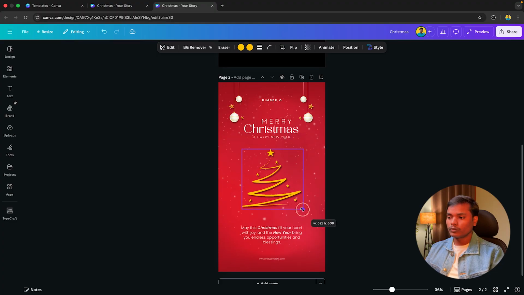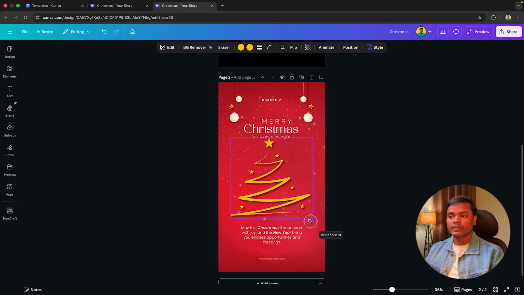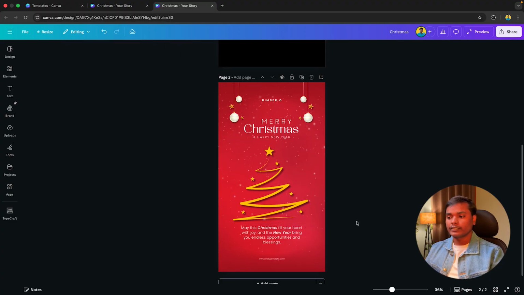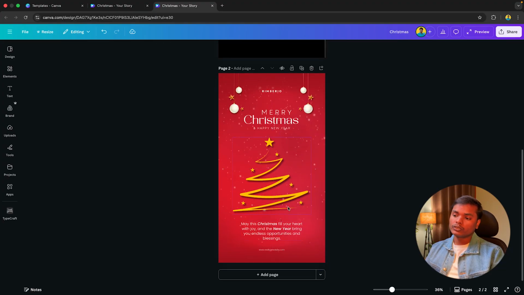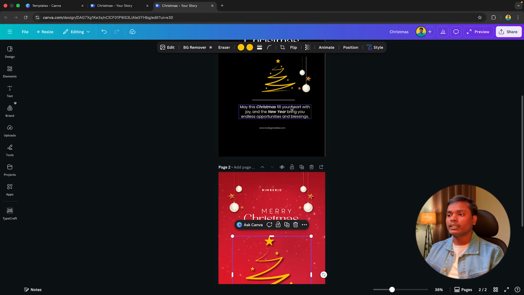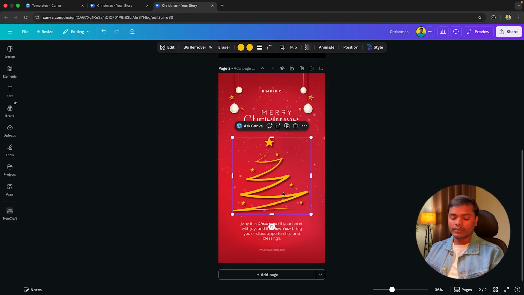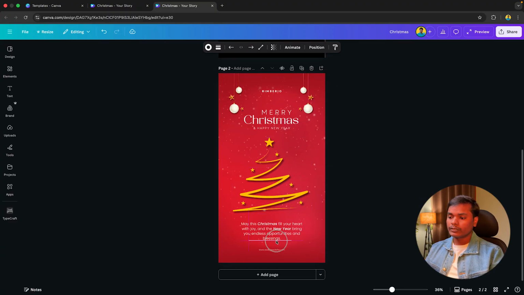Just zoom it more from the center, just like it. I will just place it like this. I will change the location of this also. And in the middle of this, to make a separation, I will add a line. I will just copy it. I will place it here, drag it in the middle. I will hold the shift to make the shorter line in a proper direction, just like this. And now it is okay.